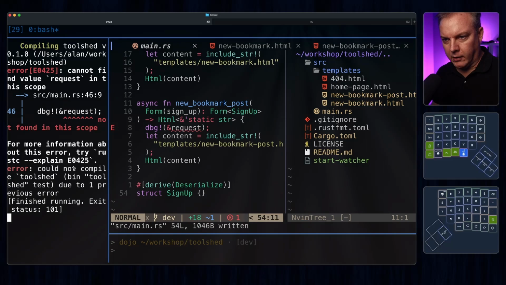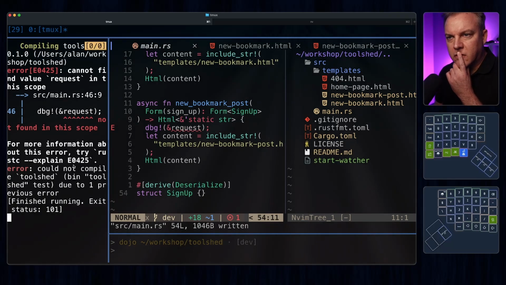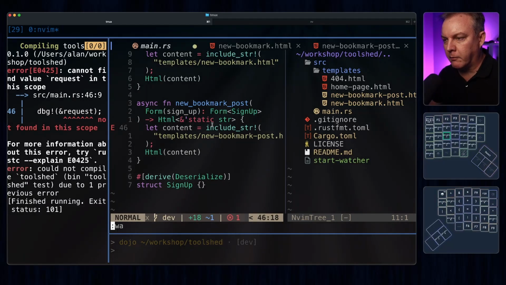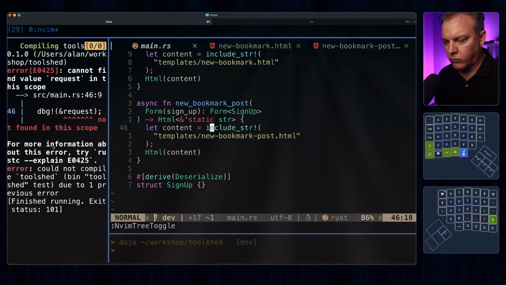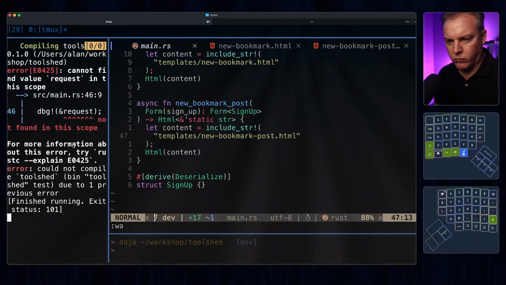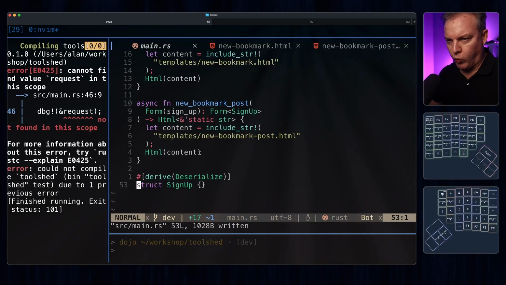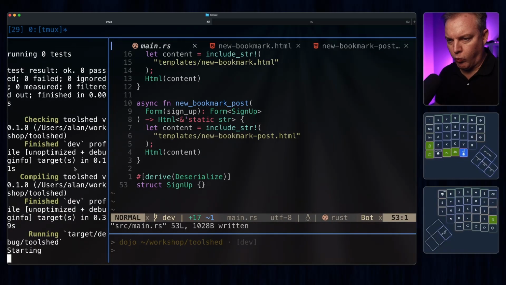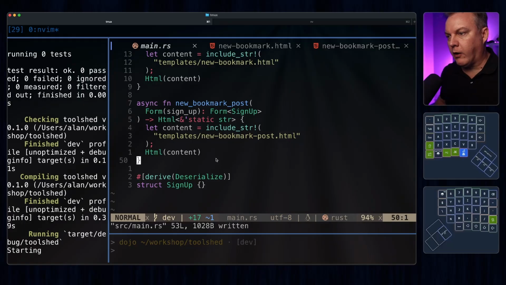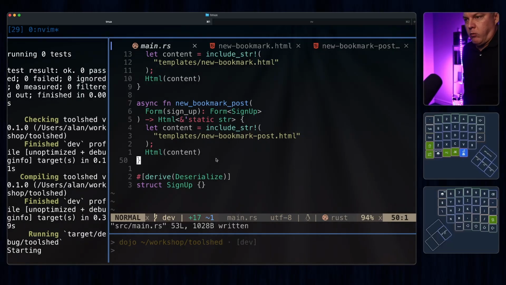Sometimes my things go backwards. Cannot find value request in this scope. Debug request. Oh, right. Yep, that's gone. Hello. Starting. Okay, cool. So